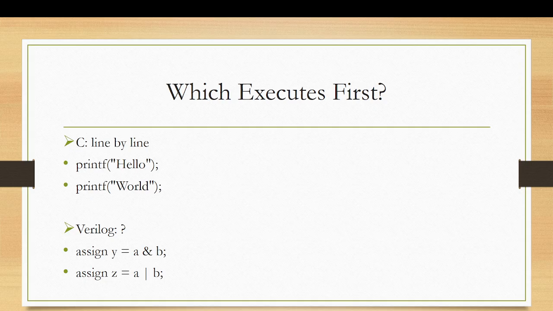Look at this C code. printf hello, printf world. Easy. What prints first? Hello, then world. Because software executes one line after another. Now look at this Verilog code. assign y = a & b. assign y = a | b. Which line executes first? Most beginners answer the first line and that's wrong, very wrong, because something completely different is